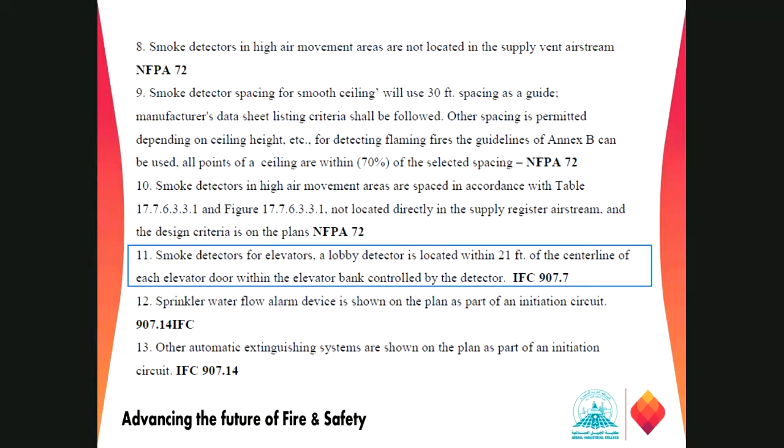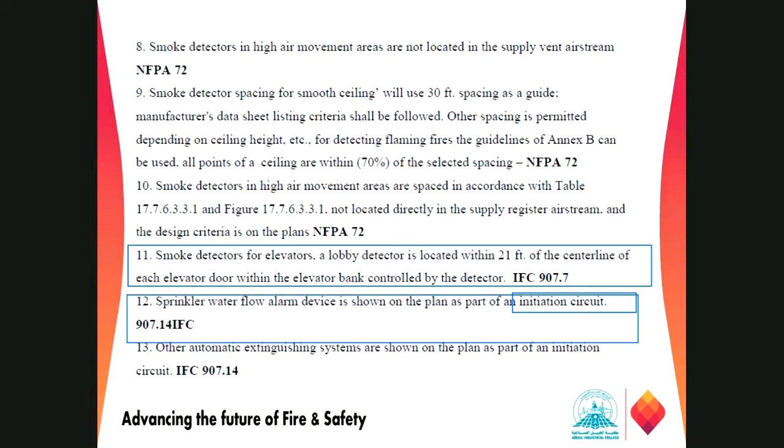The water flow alarm devices, the one we say with the sprinkler system, right? It should be shown on the plan as per the initiating circuit devices, as per 904.7. So if there is a water flow device on the sprinkler system, now keep in mind the sprinkler system, at this point I want to make you one thing